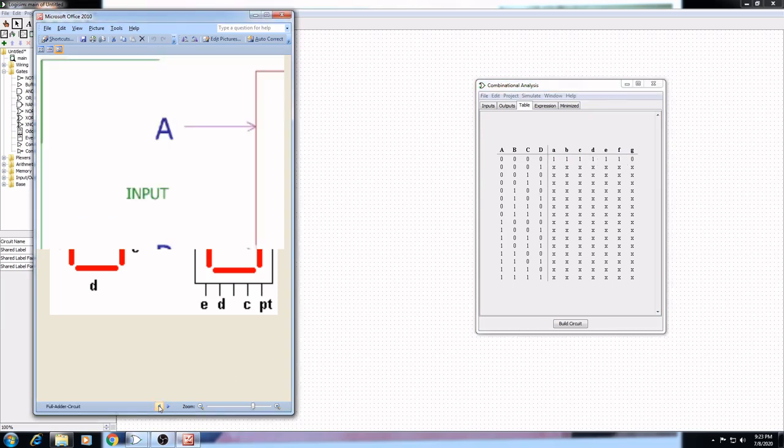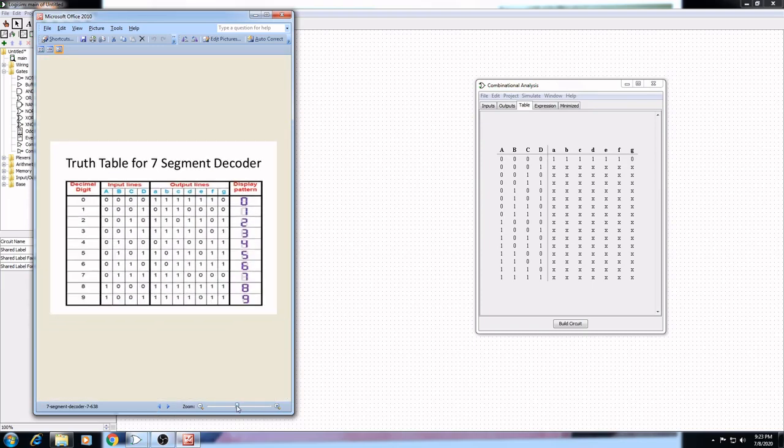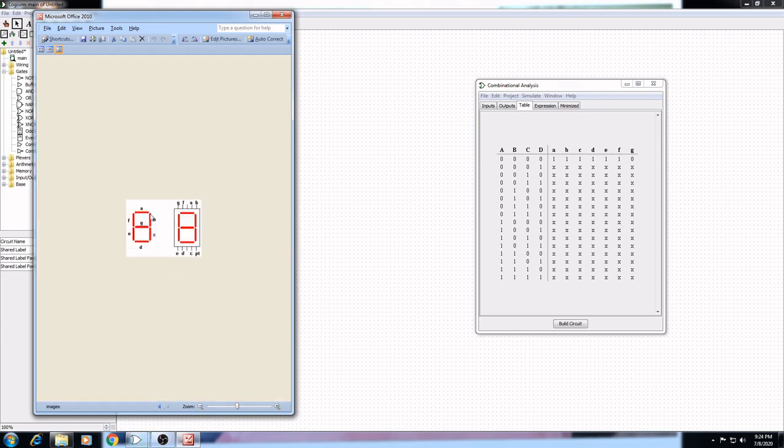Okay, so let's build the truth table from this particular 7 segment decoder table. For 0, what do we need? Only G is 0, so we make G 0. For 1, we have to set B and C as 1 and all others are 0.